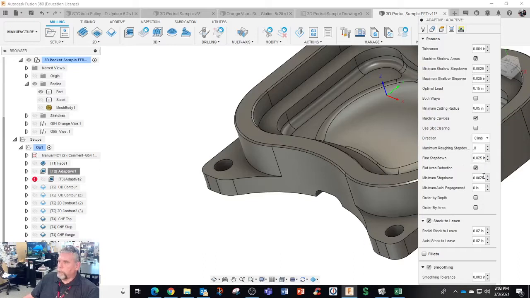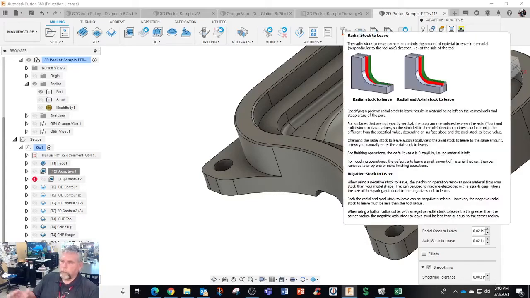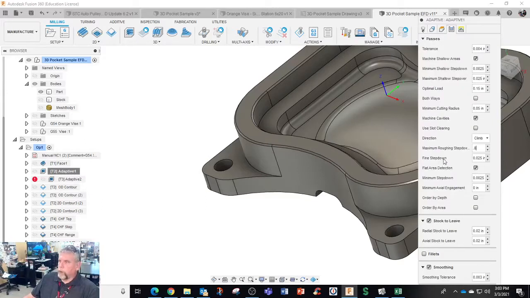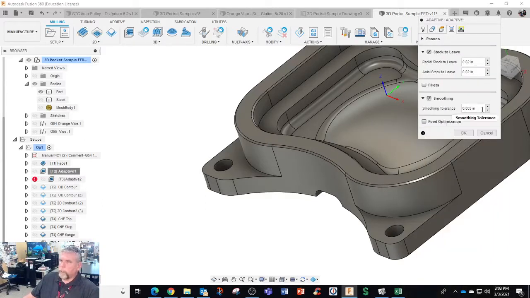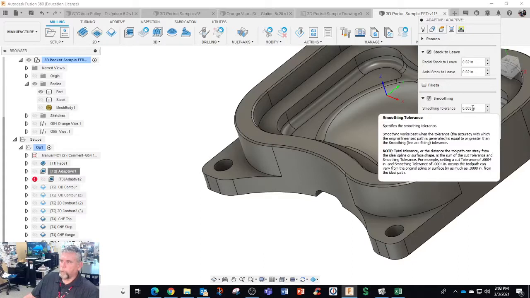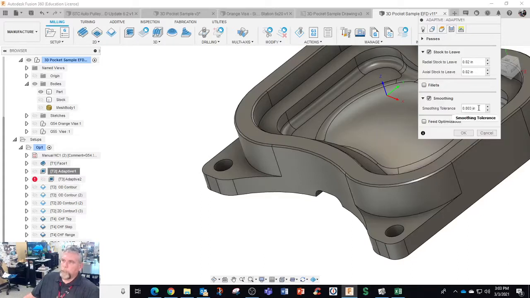Fine step down, and some of these numbers you might use as standards to play with. I'm going to leave 20 thousandths of material radially and axially. And I'm going to turn on smoothing. Let me squeak this up a little bit here. I like to call this a code shrinker. If you hover over this, it'll give you a little description. But what it basically does is,